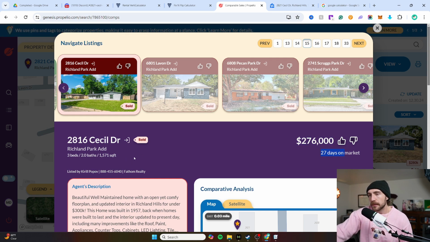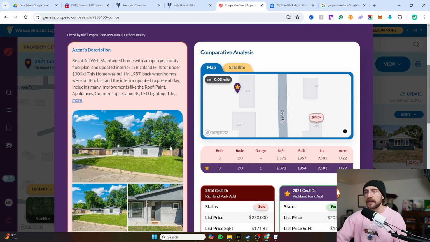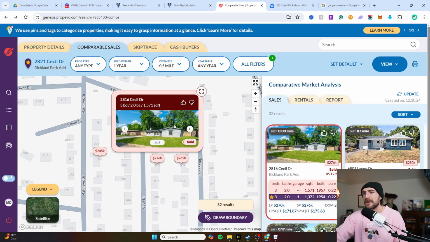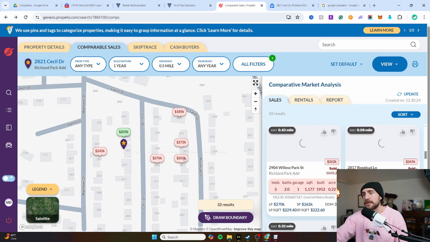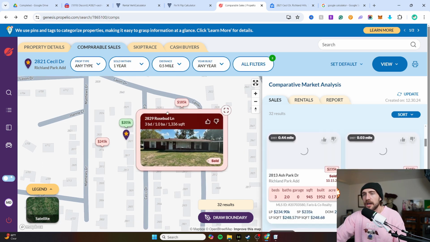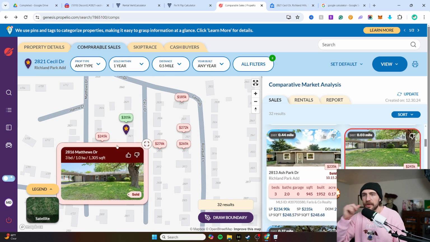Sick. I think this is a really good idea of ARV. We don't have a garage, but they have an extra couple hundred square feet. Yeah, yin and yang. Maybe it's worth a little bit more. So I'm starting to think maybe ARV is 270 to 260 to be conservative, right? You would want to look at multiple properties, but just my quick power comp, that's an idea. Okay, this one was 265. This one was 245, but it has one less bathroom.